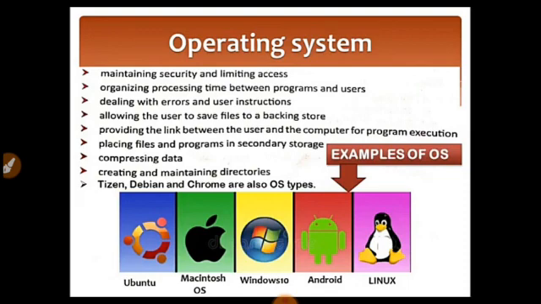Device management controls the working of all input output devices. File management keeps track of information regarding creation and deletion, when a particular file is created or destroyed, all those things. Then there is error detection and security. Just now we discussed the security of the operating system. It sees that whenever someone is giving a password, no one can open that system without the given password. Then job scheduling is also there. Job scheduling means a multitasking operating system where multiple programs run simultaneously to do some work on the computer.